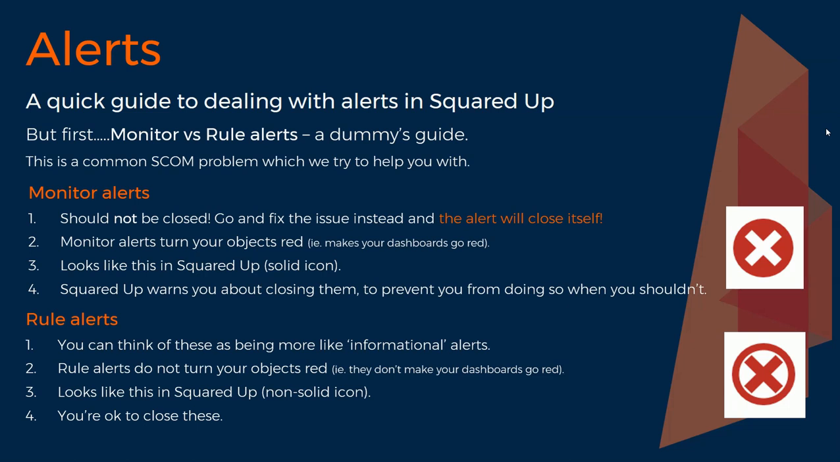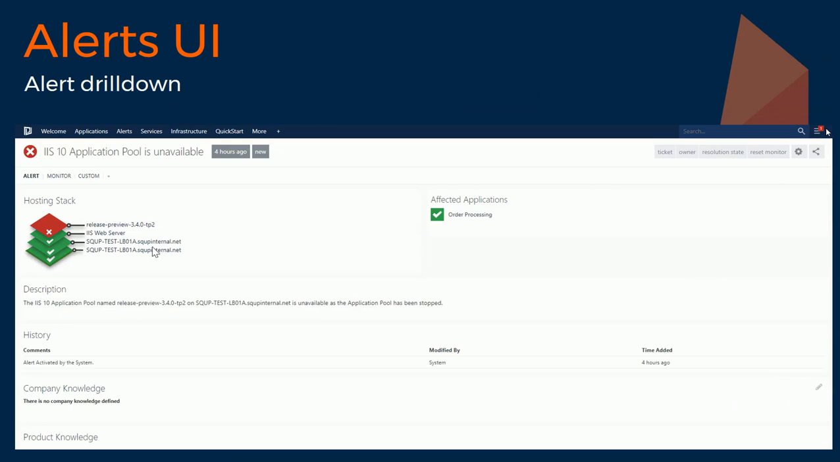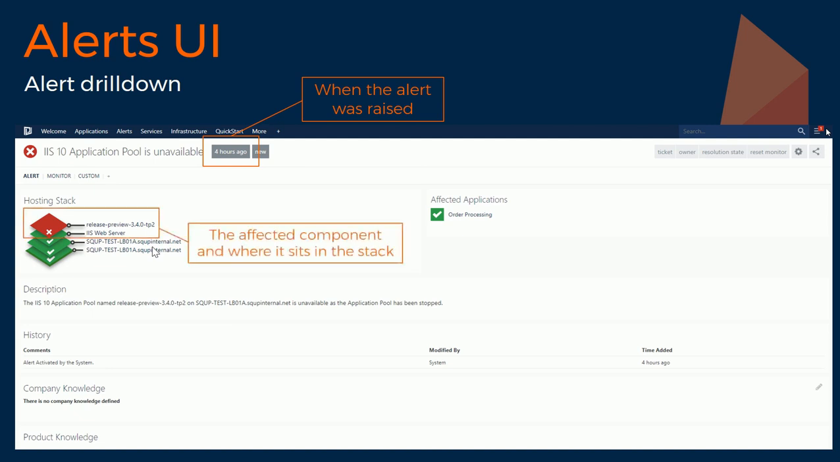Before I do switch over, I just wanted to give you a little guide to an alert drill down view within Squared Up. And I've got a screenshot here. I'm going to talk you through that, and then we'll look at that live in the lab environment. So first off, 4 hours ago, this is when the alert was raised, and you can just switch to view exactly the time if you want. On our left here, we've got what we call our hosting stack, and essentially we can see there the alert here in this case is being raised